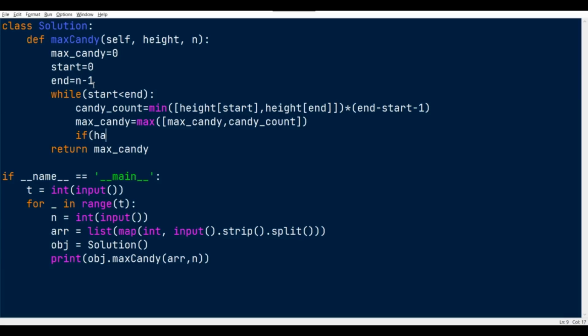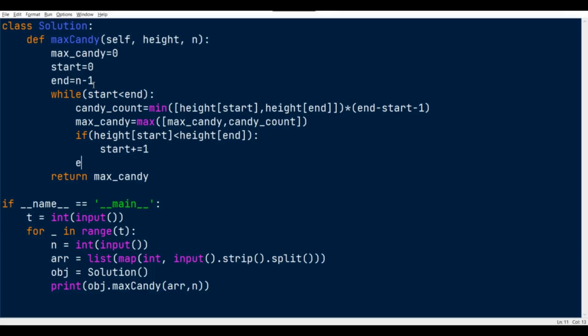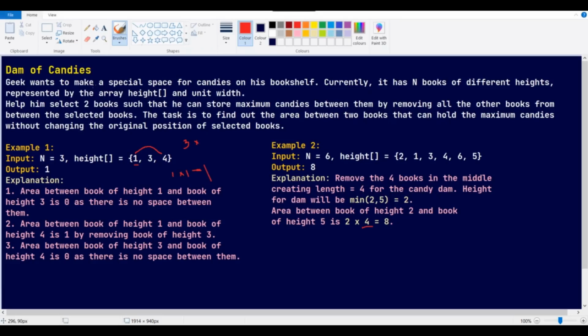If height of start is lesser than height of end, increment start by 1. Otherwise, decrement end by 1. This is because they have mentioned the position of the selected book should be in the same order. We can't change the order, right?